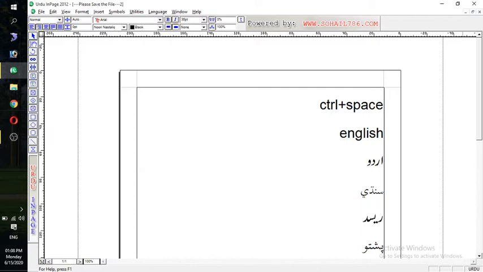Now you can see this is the result. This is another word, because I have written this word in Urdu instead of Sindhi. Now again, when I toggle to Sindhi and press RY6D, there will be Sindhi on the screen. So this is the way we can toggle to any language.